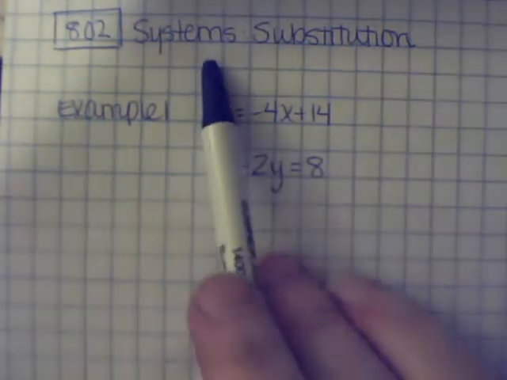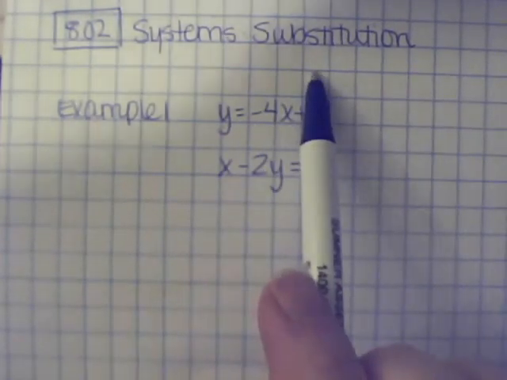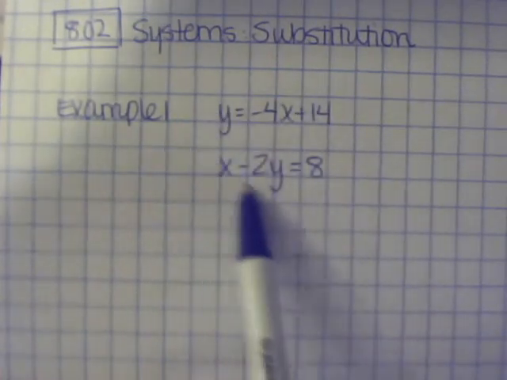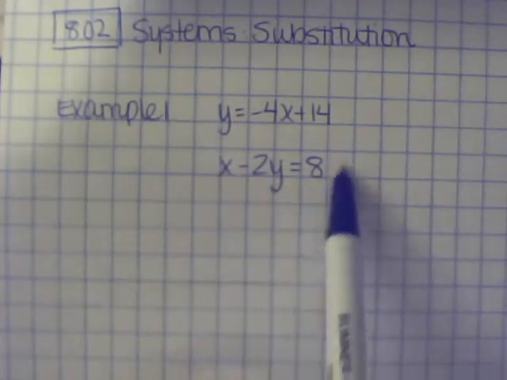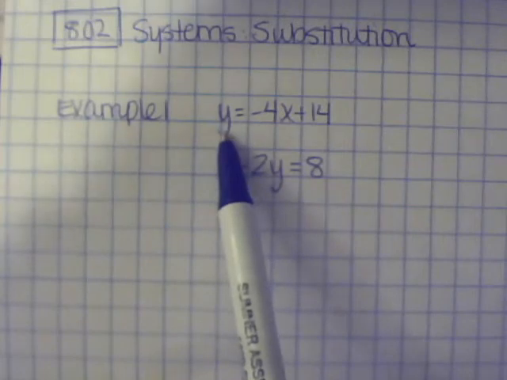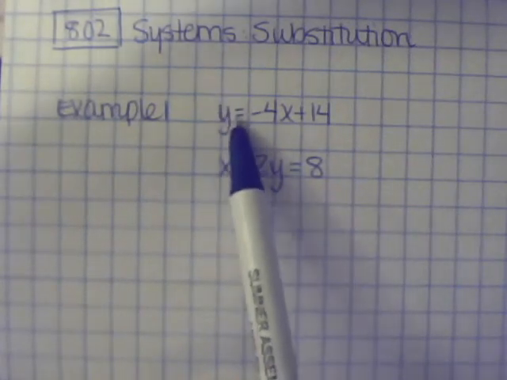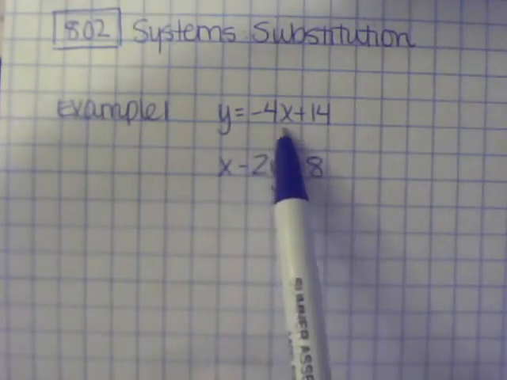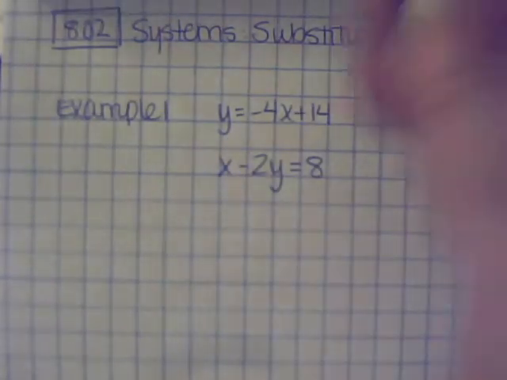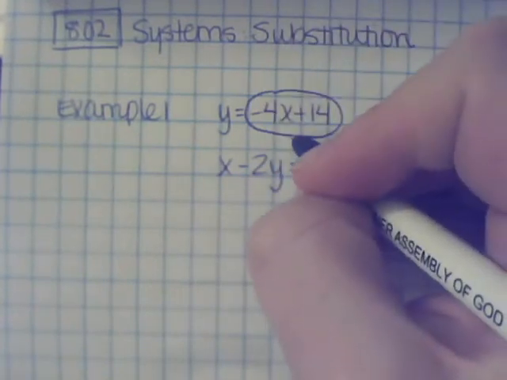2.2 is on solving systems by a method called substitution. When you solve by substitution, your first step is to look at the system and determine whether or not you have an isolated variable. Isolated means that the variable is all by itself. So notice how in the first equation I have a y that equals negative 4x plus 14. That means the y is isolated, which enables me to take this whole thing that I've circled and substitute it